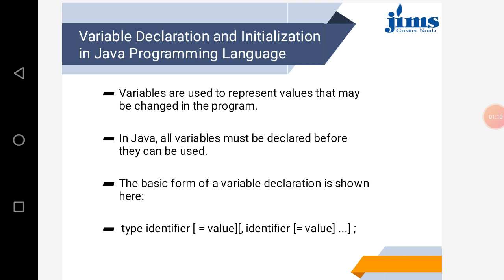And variables are of different types. Meaning of this, if your variable type is integer, then it can store only integer type of values. If it is character, then it can store only character values. And how we denote it? First of all, we write data type, then variable name, then equal sign, and then its value.